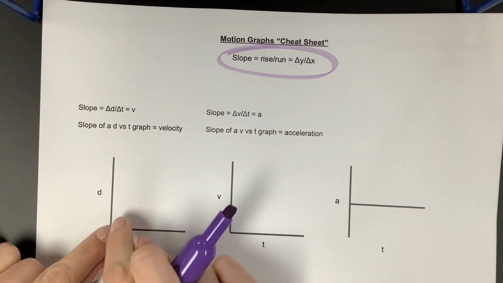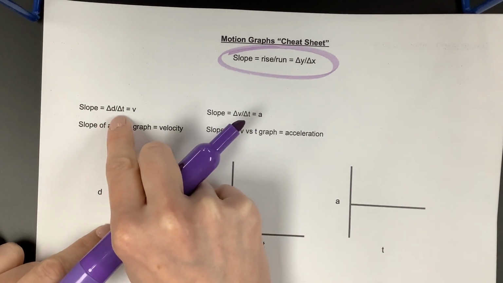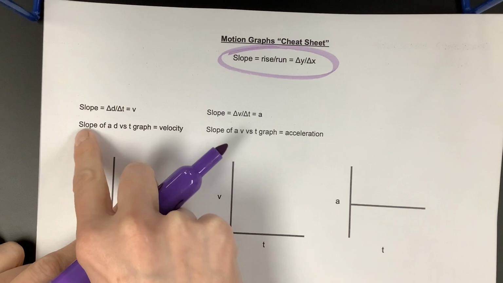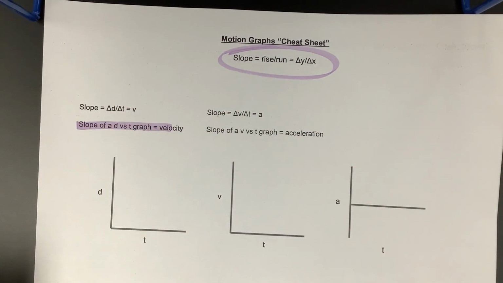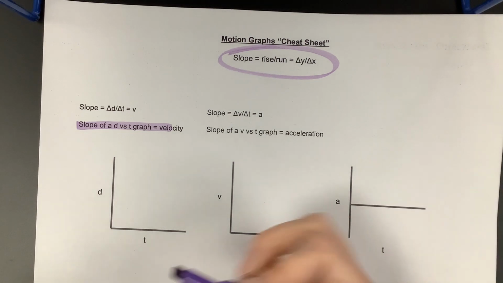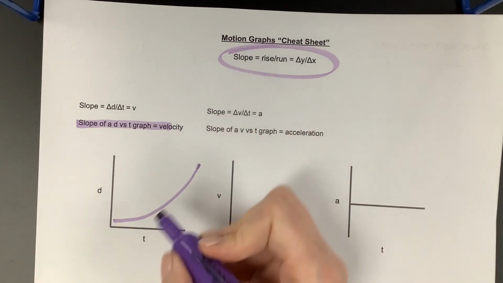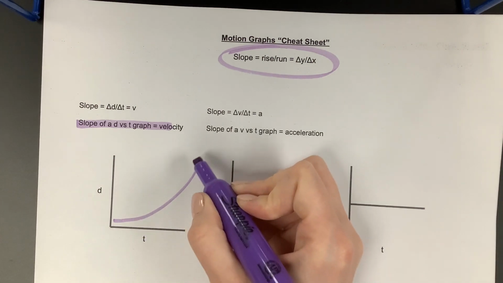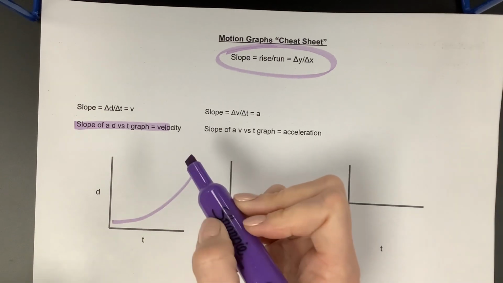Well, look at the axes. The y is distance, the x is time. Distance over time is equal to velocity. So the slope of a distance versus time graph tells us the velocity. Let's say that our distance versus time graph looks like this. The slope is increasing as that line curves upward, which means, since the slope of a distance versus time graph is velocity,